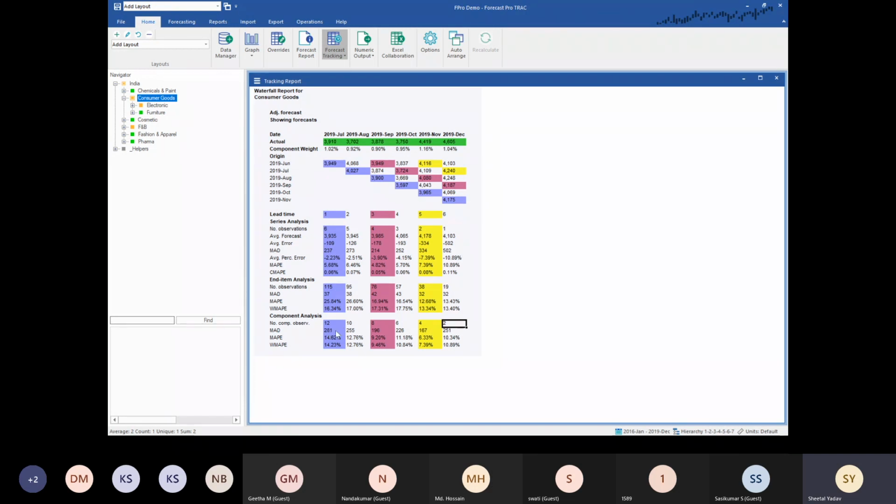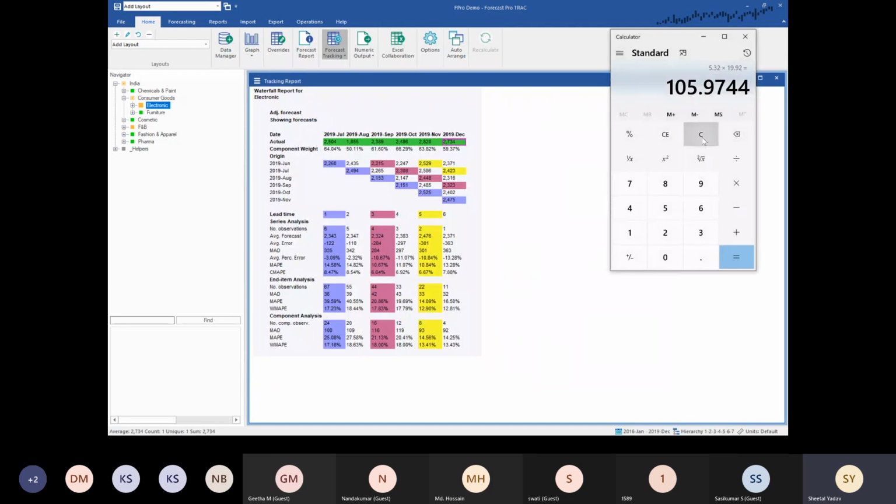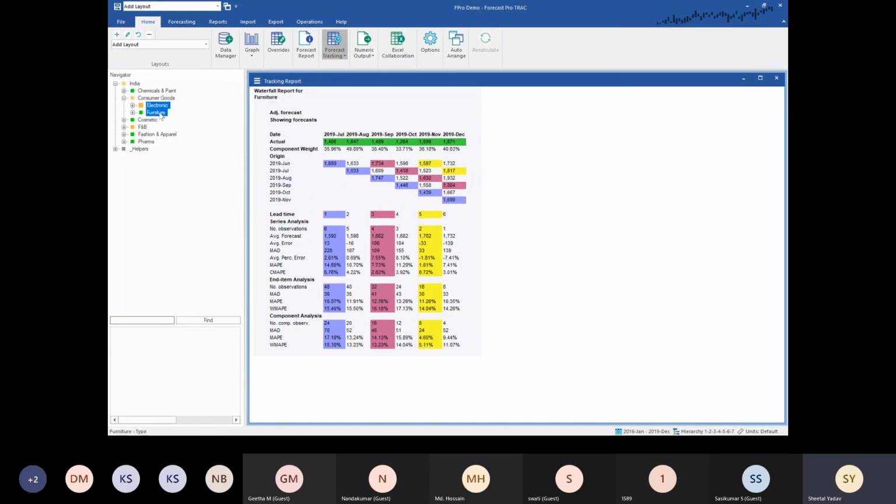And then the MAD value. So the MAD value of my component. How is it going to calculate the MAD? It's going to look at what's my electronic forecast. So let's look at the December month again, because that's the easiest month. I'll take my calculator again. 2734 is my actual, my forecast is 2371. That's my forecast. So I have an error of 363, right? That is for electronics, 363.